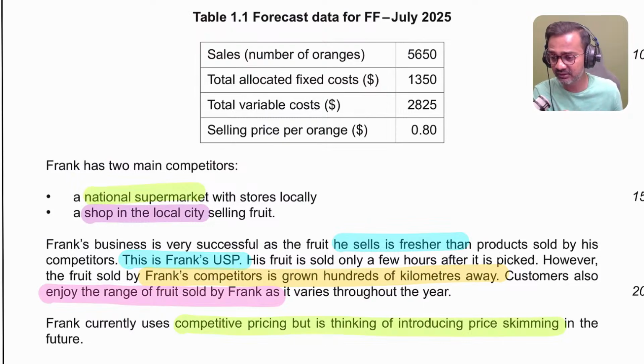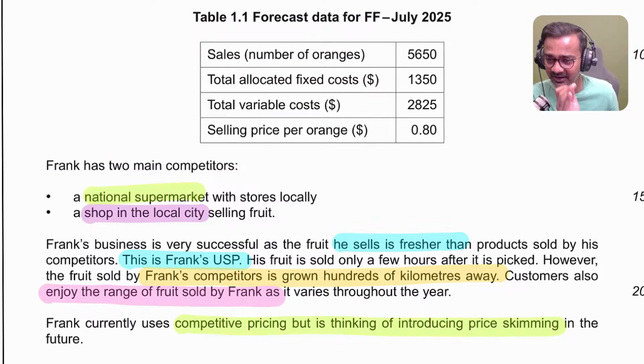That's it, yeah, very right, Mikhail. So product differentiation, his variety is differentiating him. His freshness is providing that competitive advantage. So that should force him to go towards price skimming. However, what he really needs to look at first, and remember this is a tip to remember for the ages,